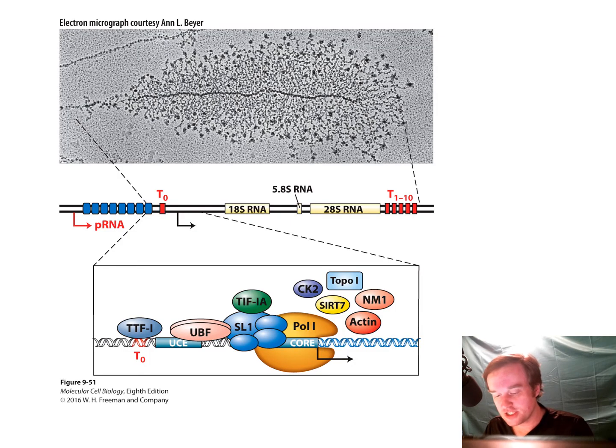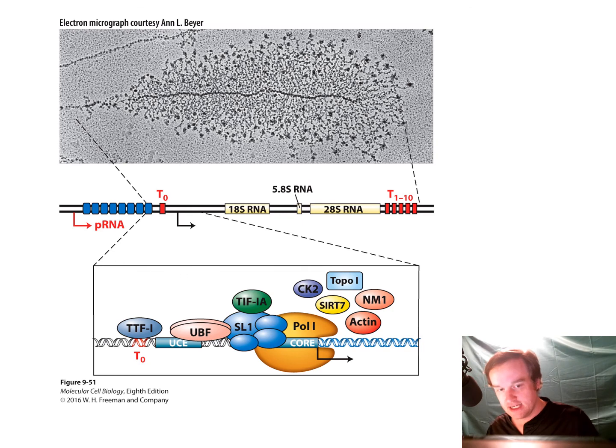So lastly, we're going to talk about polymerase 1 and polymerase 3. We're going to start here with the polymerase 1. And so this is responsible for transcription of those precursors, the 18S, 5.8S, and 28S rRNAs that are used in the ribosome. It's highly regulated transcription with polymerase 1. And it correlates with cell growth and division because you need to have those ribosomes going if you're going to